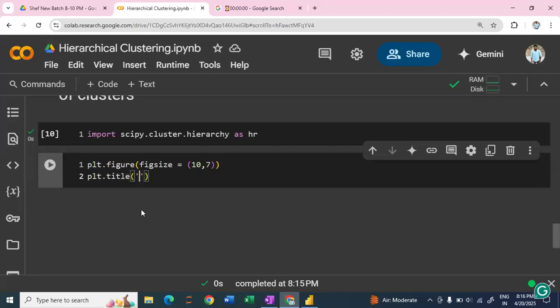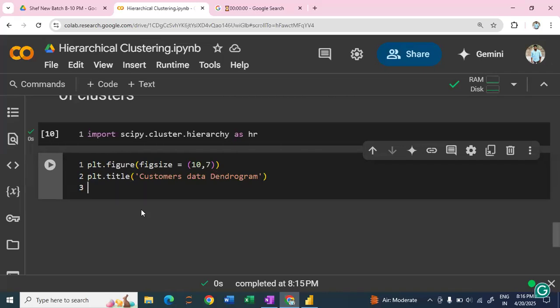The title should be customers data dendrogram. And dendro is equal to, by applying hr dot dendrogram,